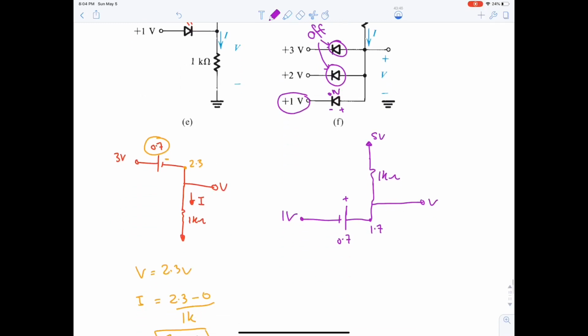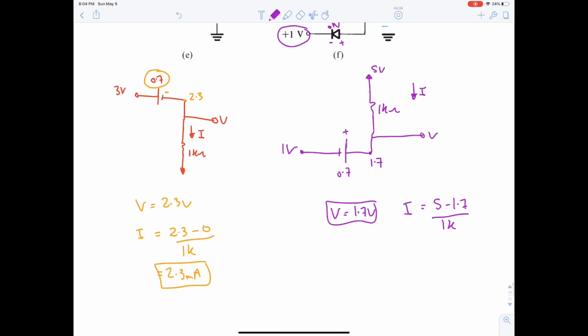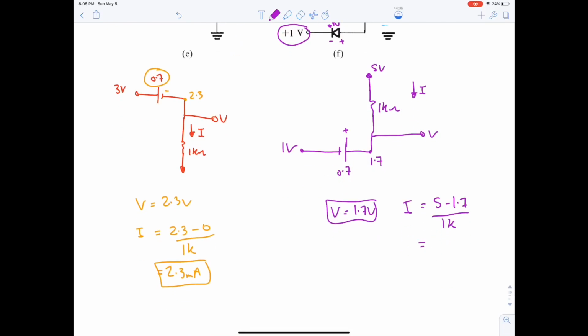Because 1 plus 0.7 is 1.7, and the current will be (5 minus 1.7) over 1k, which is equal to 3.3